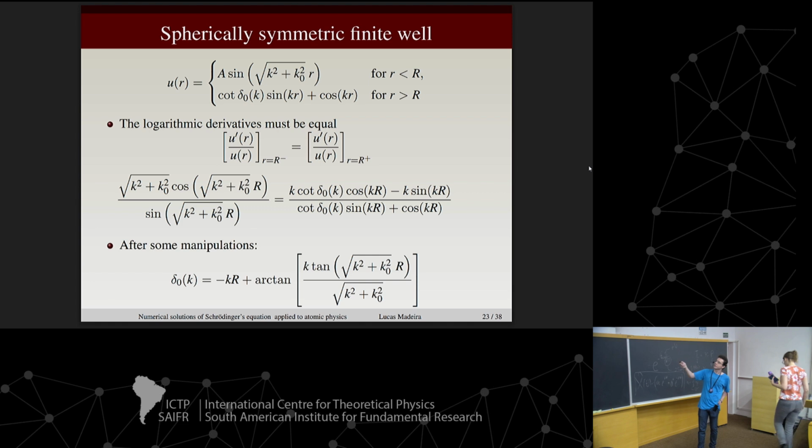You get to derive sine here and divide by sine. Here you get to derive sine and cosine, and you get this ugly expression here. And this, after a few manipulations, that reference that I gave in the beginning of the class, that arXiv paper, I said I do it step by step if you want to follow, okay? But what's very nice about this potential is you get an exact, although ugly, expression for the phase shifts, okay? So this is a nice example where you can get analytically the S-wave phase shifts as a function of k, the energy. All right?